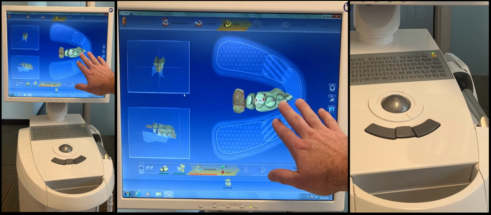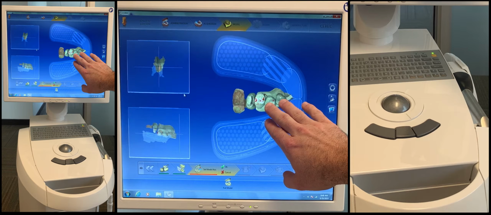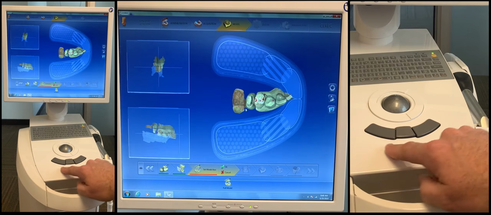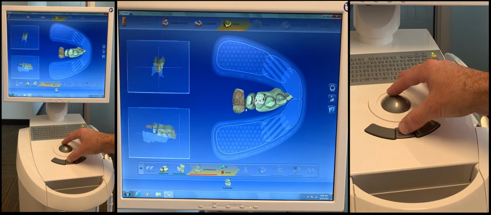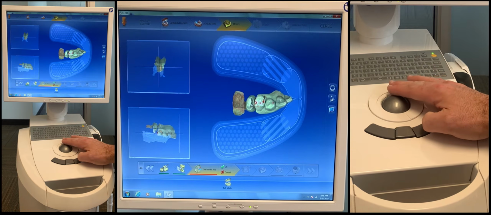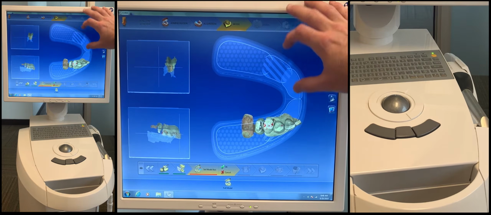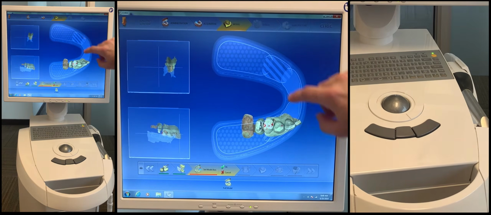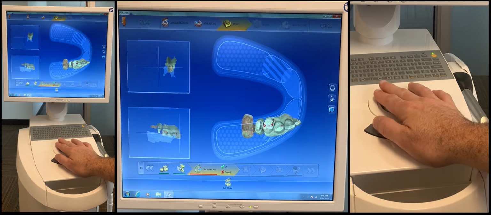So usually I suggest positioning it here first and then bringing these two into position. So we know this is the patient's upper left. So again, we've got our pan, rotate, and zoom. In this particular screen, the zoom button is inactive. So I'm going to drag this with my pan, and you'll notice we've got anterior teeth, we've got premolars, and we've got molars. That's kind of a general guideline. And I like to put the incisal edge of the upper anteriors right along that line, so that line's cutting right through the incisal edge. So I'm going to